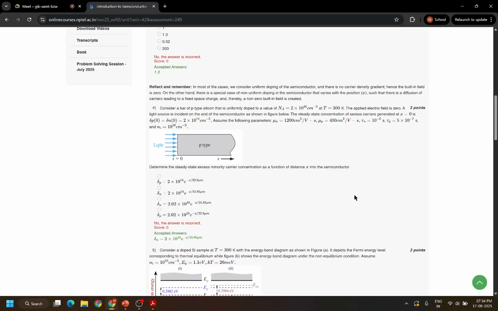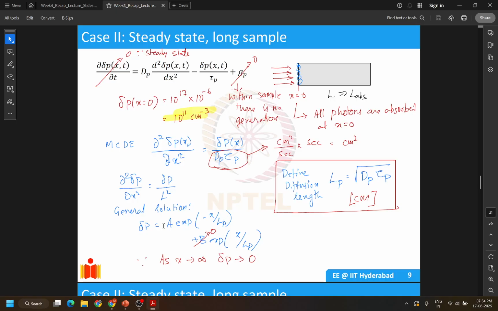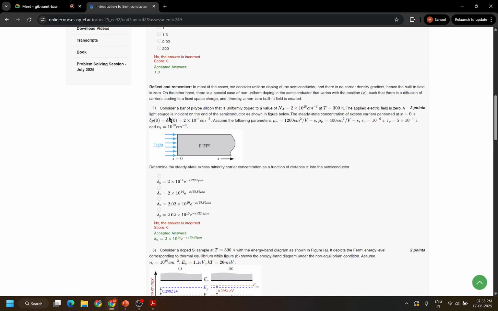And A you will calculate by boundary conditions, where at x equals infinity delta p is 0, and at x equals 0 delta p is equal to your generation rate, which is 2 into 10 power 14. So the A would be 2 into 10 power 14, and this 55.85 micron is given as